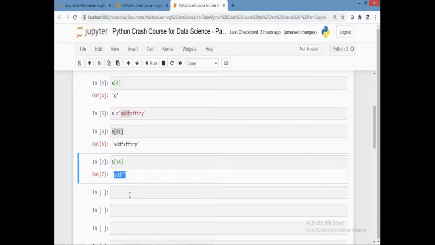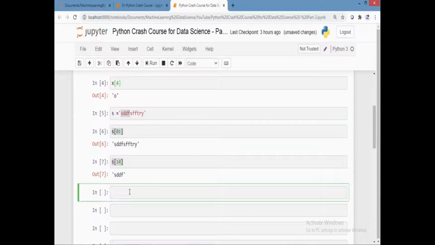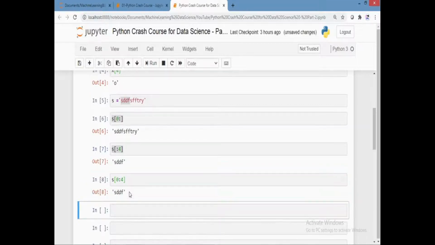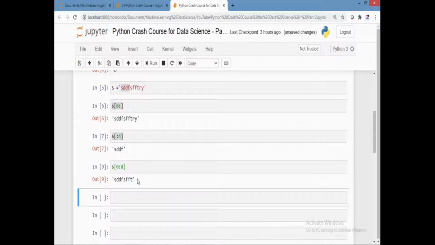Same way, now we can club these two examples in one. Let's club it, 0 colon 4. What's going to be the output? The same way. If we use 8, do we have any 8? Yeah, so it's going to show you the same.